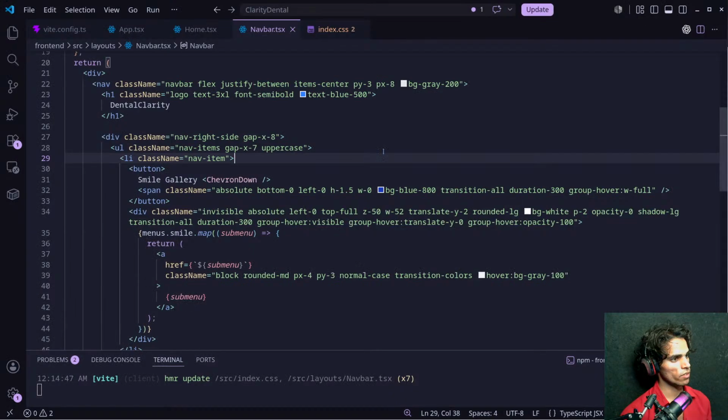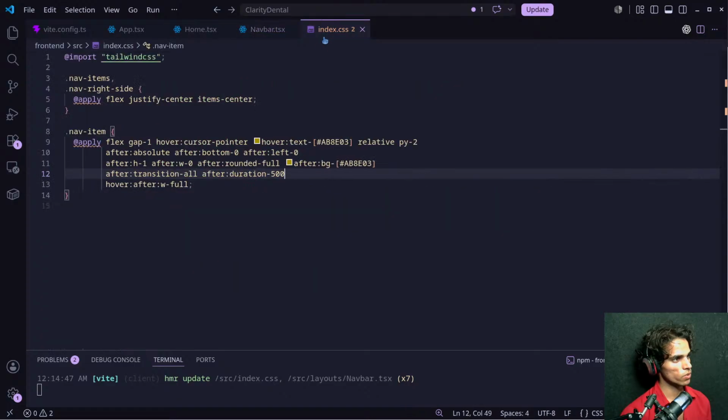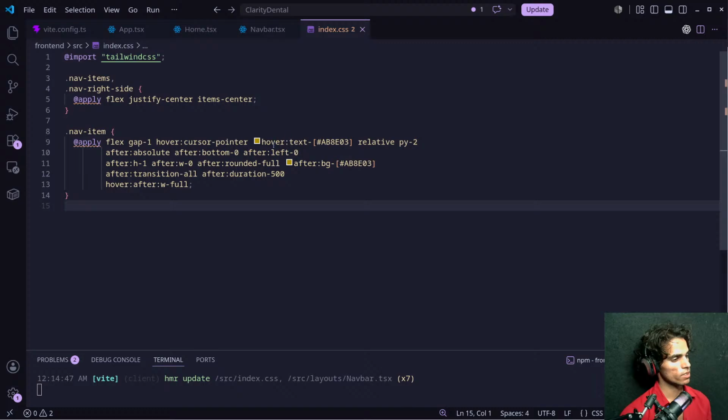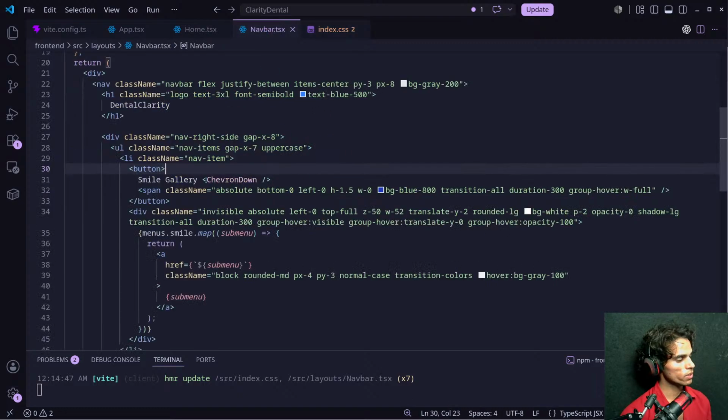So what I would like to do now is this. Inside this, what we are doing in our CSS, this should be uppercase. How can we do that? There are lots of things I want to change.